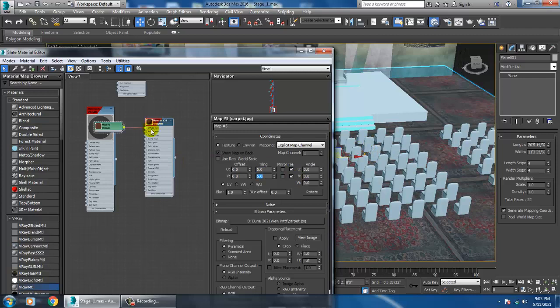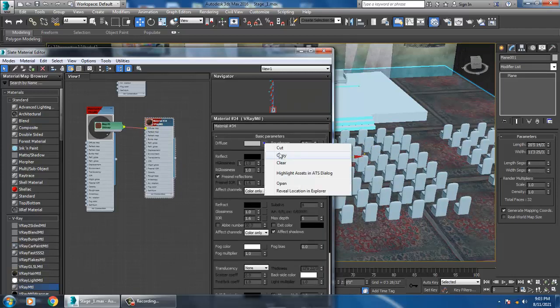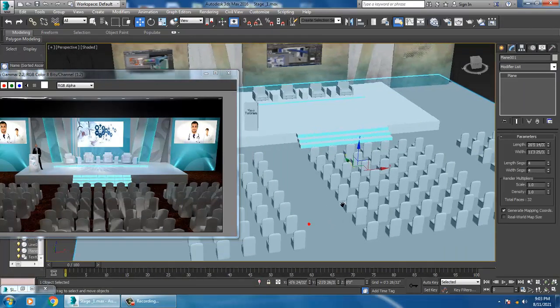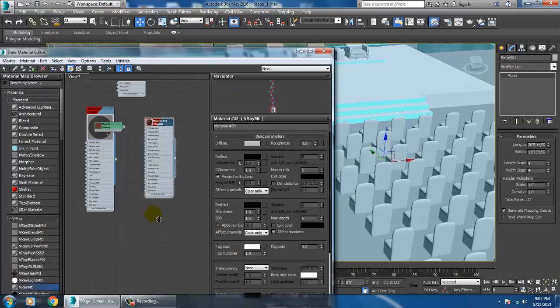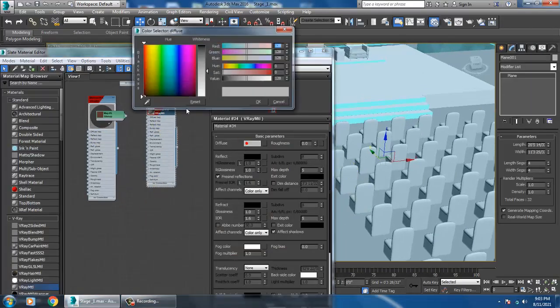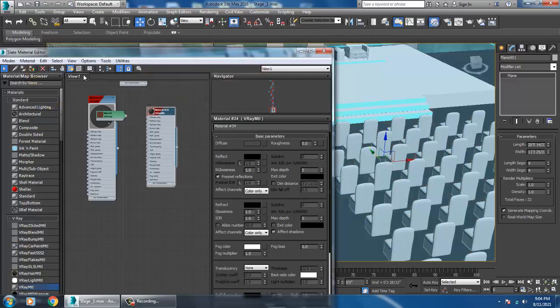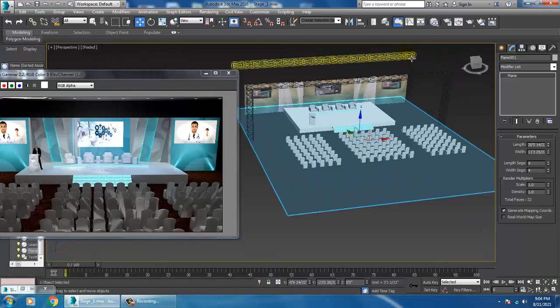Sorry, doesn't look good. We'll just clear that. So, anyways, not a problem. I'll just assign a color to it for now, or any kind of darkish color. That's it. Alright.